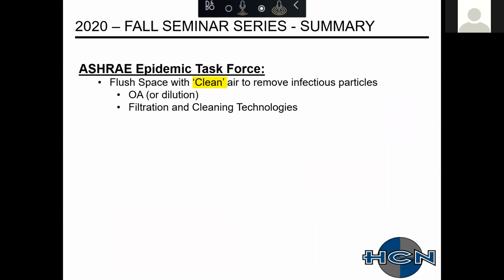So summarizing, we have our ASHRAE Epidemic Task Force. They would like to have you flush the space with clean air to remove infectious particles. You're going to do this by delivering outside air. Delivering outside air, ventilation, could also be called dilution. You have your filtration and cleaning technologies. This is for your recirculation air in your air handling unit, as well as your space with the